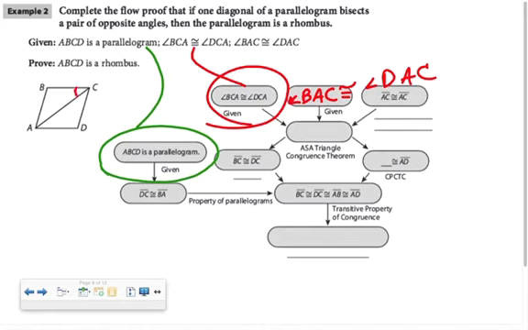I've got angle BCA congruent to DCA. I've got angle BAC congruent to DAC. And since this is a parallelogram, I know these opposite angles are congruent, so let me go ahead and double arc those. And then I'm saying that AC is congruent to AC, and I hope you still know this property, reflexive property of congruence. And so in those two triangles, I have angle, side, angle,